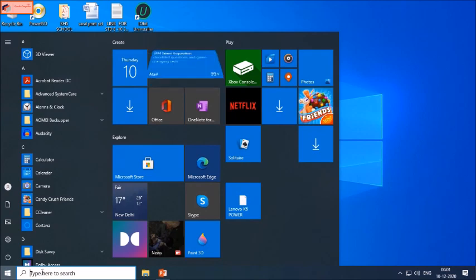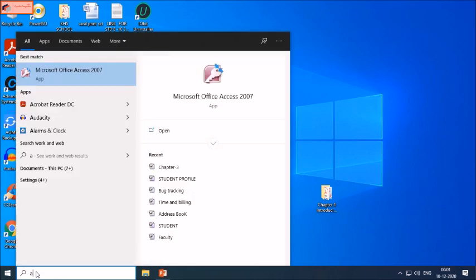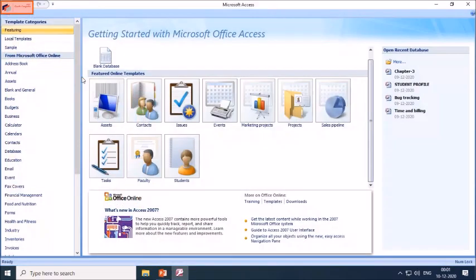Then in the search box you can type Access. Now you can see here Microsoft Access 2007. Click on this. Here is the screen of Microsoft Access. Getting started with Microsoft Office Access.